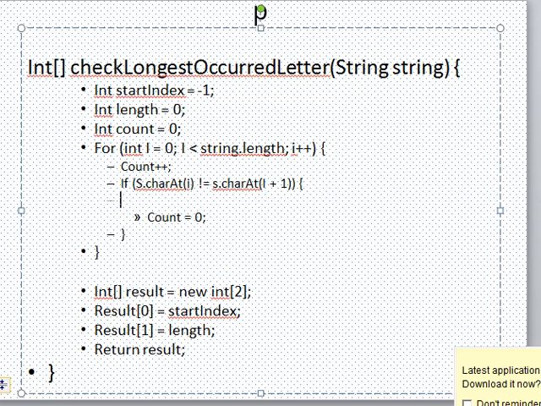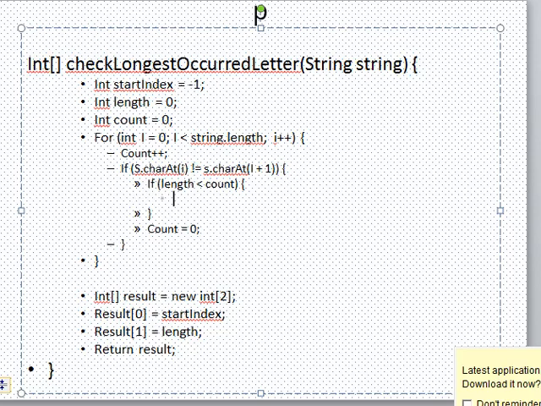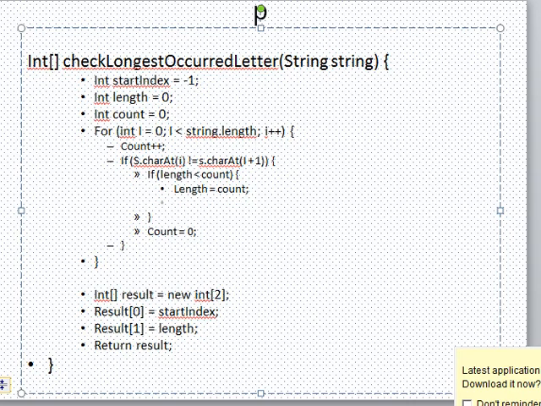And before we set the count back to 0, we need to check the variable called length. The length will record the max. It basically serves as max. So if length is smaller than count, we capture the length as count, and because this is the max occurred character as of now,